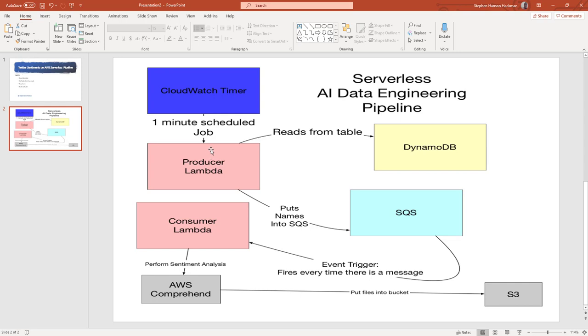First of all, I'm going to create a producer lambda, and that is triggered by a CloudWatch timer. The producer lambda reads data from DynamoDB. This DynamoDB is going to store information about the Twitter handles that I want to do the sentiment on. For example, it's going to have a table. DynamoDB is a NoSQL database, and it's going to have a table that has the names of the handles in